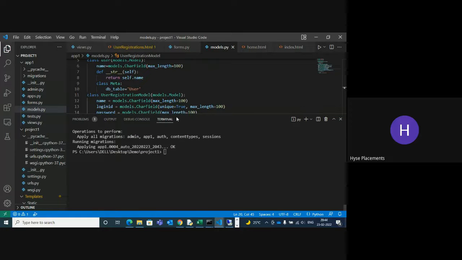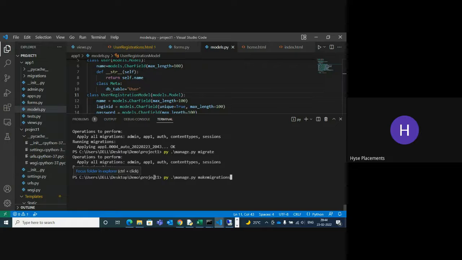Guys, first of all, for any modification in the model, you should first apply the migrate. Okay, you can apply the migrate. It's showing no migrations to apply. After that, any migrations will be applied at that time. Okay, it will apply all the migrations, it's showing. After that you can make migrations, which means you are applying your changes. No changes in your file.